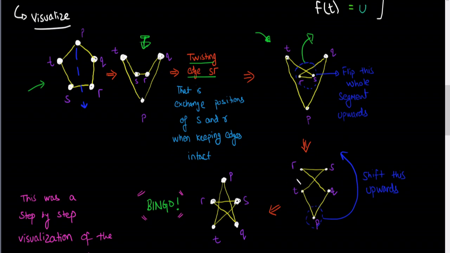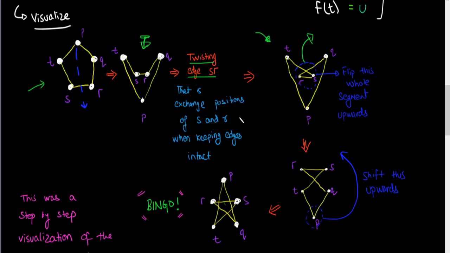Now in my first step I shifted P downwards. I'm going to reverse that, I'm going to shift it up now. So shift only vertex P upwards while keeping the edges intact. If I shift P upwards, you get something that looks like this, which is your final graph G2. So bingo, you got your graph G2, and this was a rough visualization of the transformations that you perform on